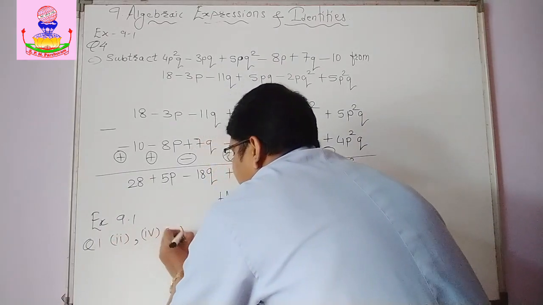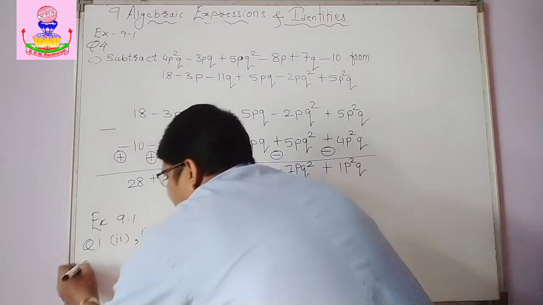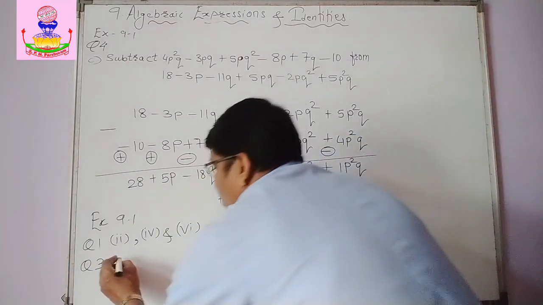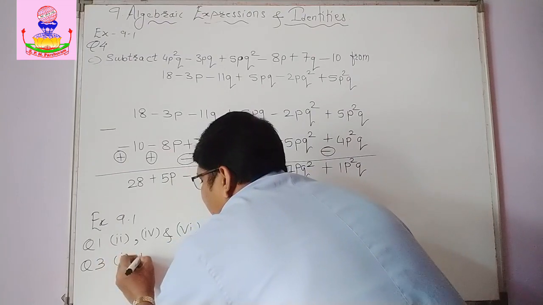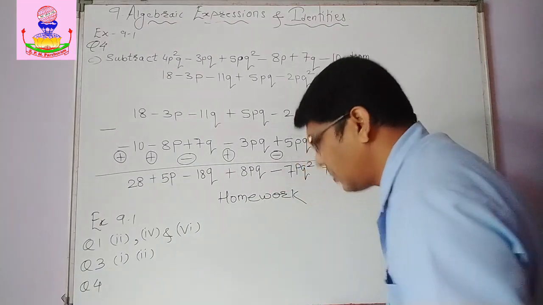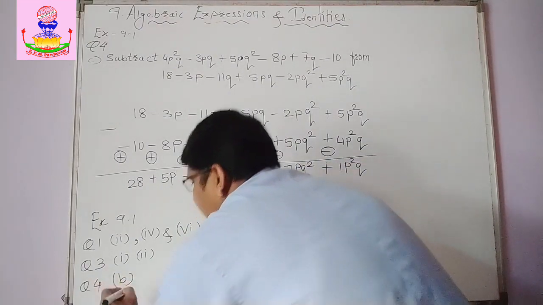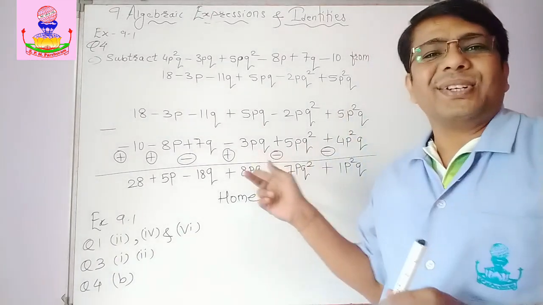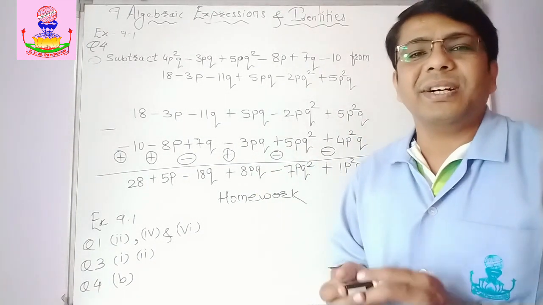Second, fourth and sixth. Okay. Question 2 I have done. So question third, 1 and 2. And question fourth, B. Okay. So this is your homework, and I hope whatever I have taught, you are going to write down